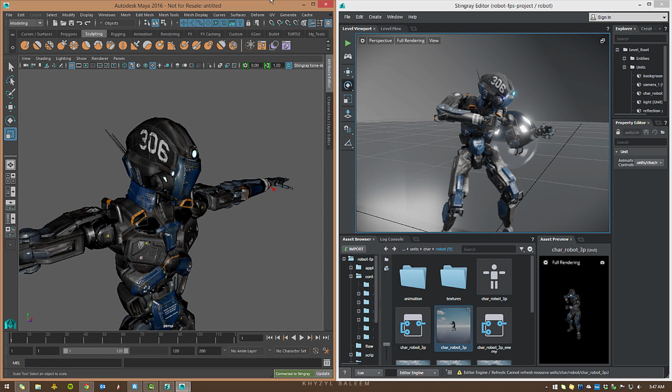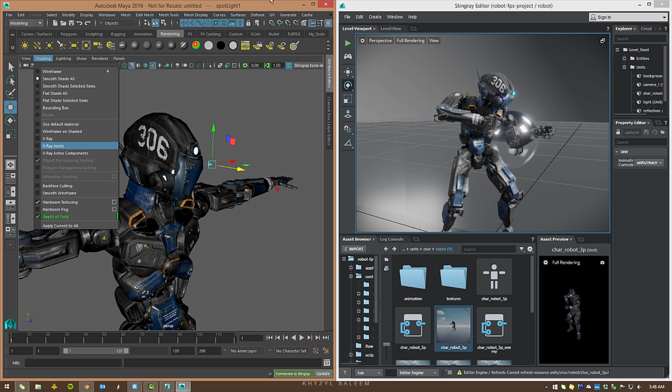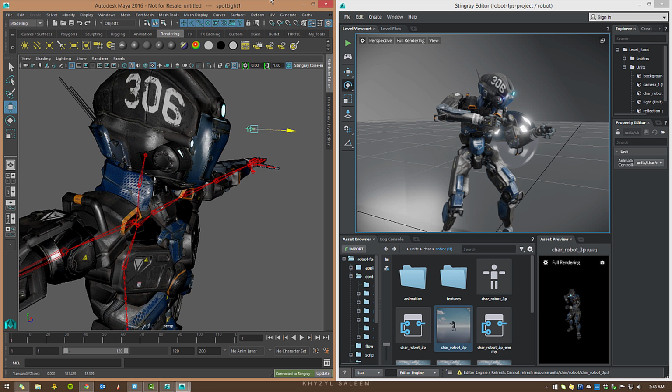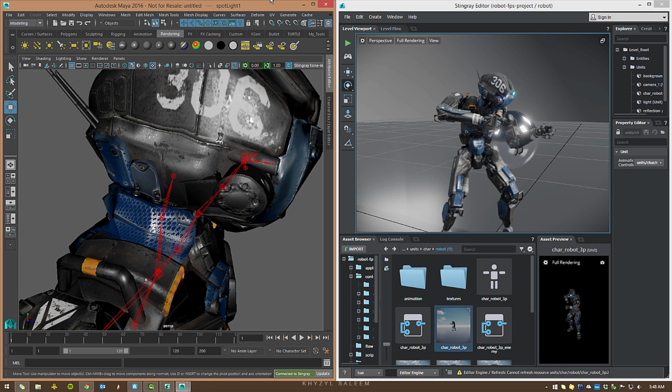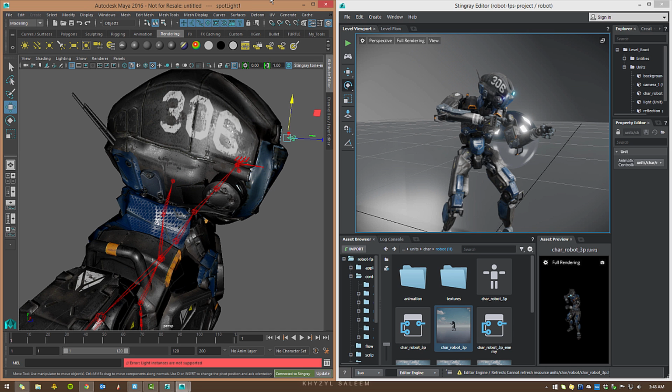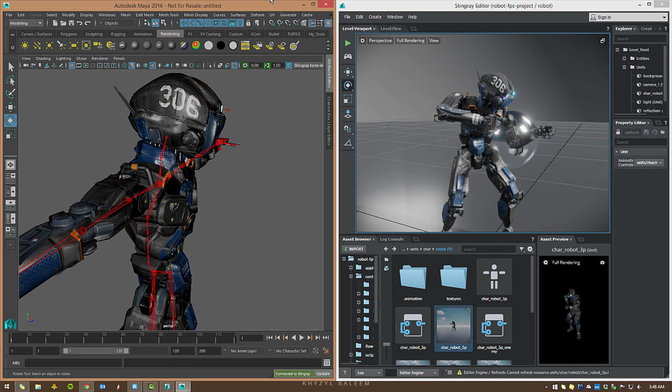So let's just really quick add a light. So let's do this by creating a light here that we can actually add to our character. So let's create a spotlight, and we'll just move it up to the top. I'm going to turn on X-ray joints. Okay, and let's rotate it around about 180 degrees there, roughly. Yep, exactly. There we go. And just kind of tie it to that. And what we're going to do is we're going to parent it to this joint. There we go. So our light is parented to that joint. So now, if we update inside of Stingray,